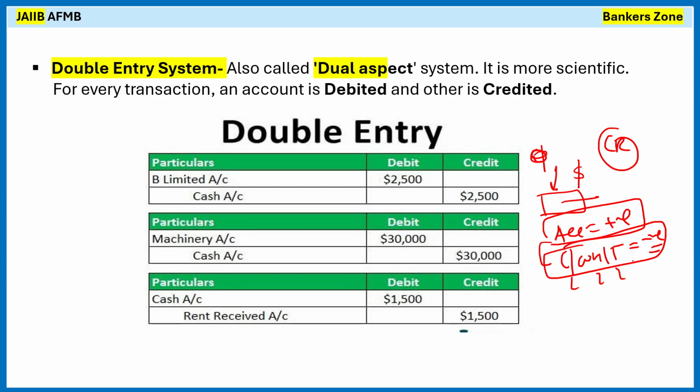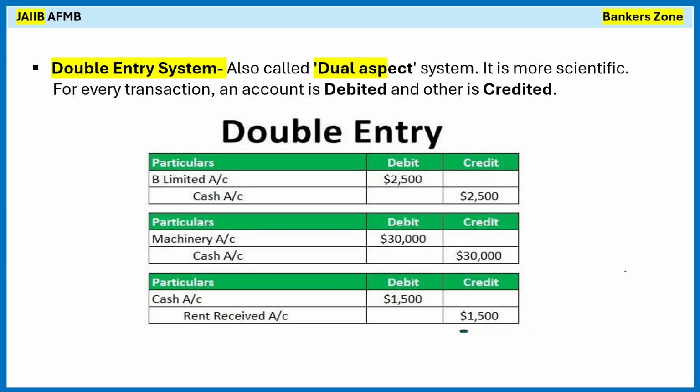That means for every entry there is a credit and there is a debit. One account is debited, the other account is credited, right? You will get it through examples. We are supposed to learn all the details, how to do the entry and the ledger entry, all of that, here. Just learn the meaning of the concept.